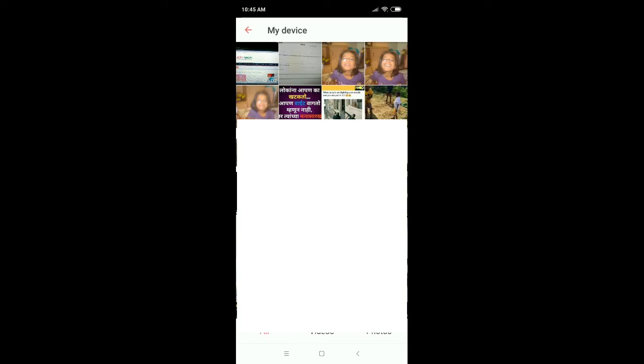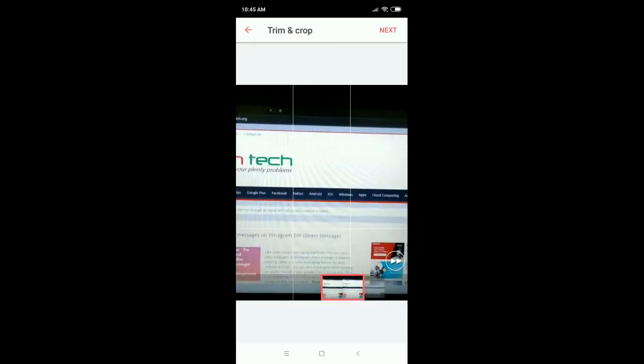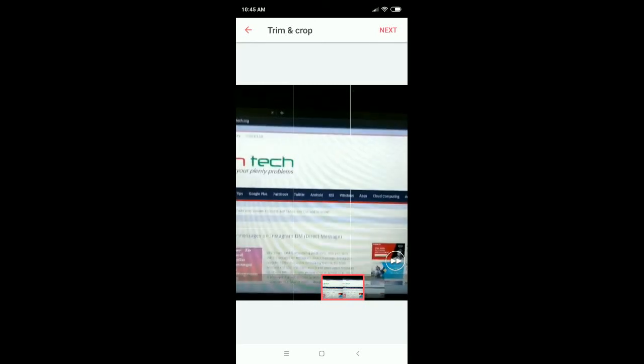Select any one video, or you can record before that, so you can easily add a video from here. Select any one video from here, and here you can see trim and crop options for your video. And after your editing is complete, click on next,